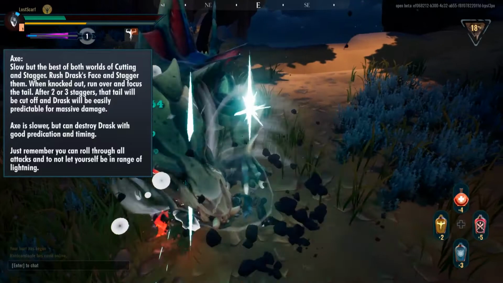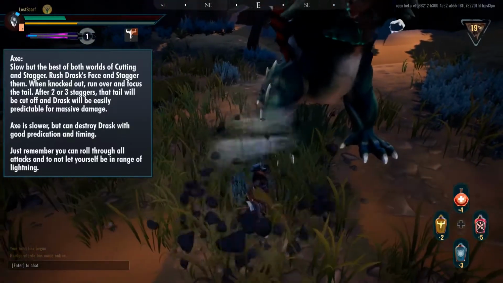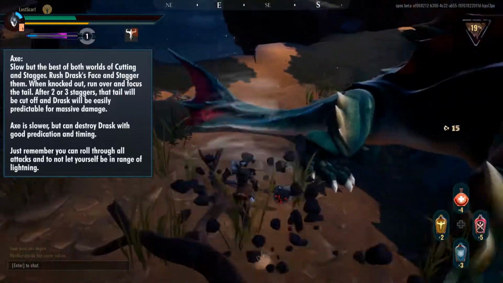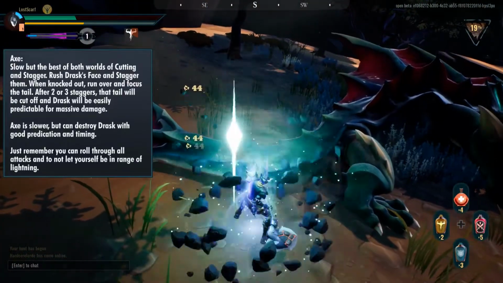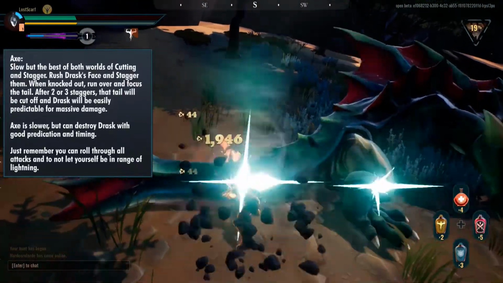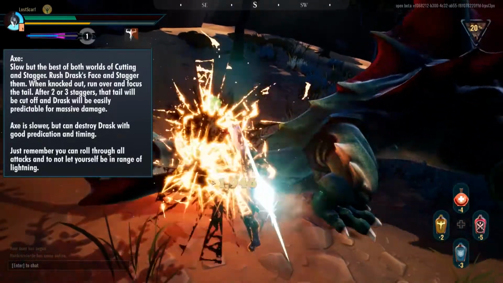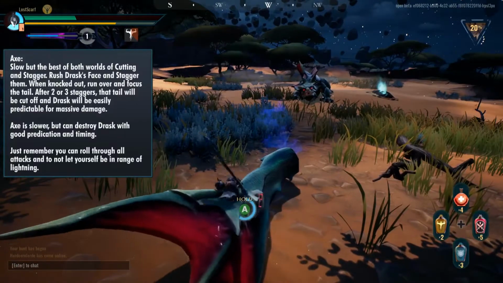So what you want to do at the start is rush the Drask's face and stagger it. You're going to be dodging some attacks and hitting the face a bunch. Thanks to roll, it'll be an easy time, and then you knock it out. Once it's knocked out, run over and focus that tail. That tail will come off in 2 or 3 staggers, and once that's gone, the Drask becomes way more predictable